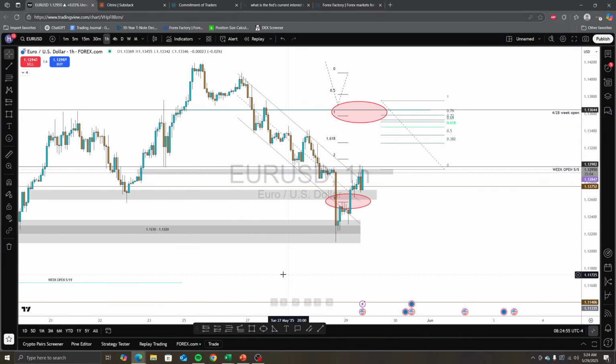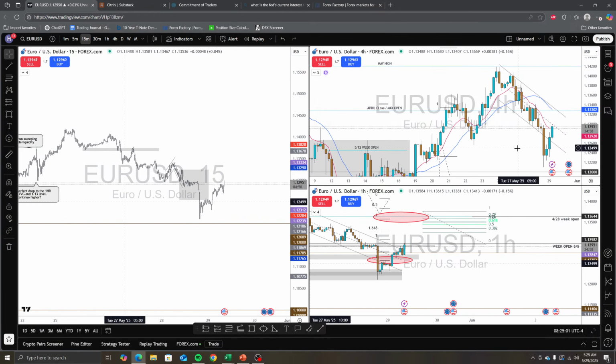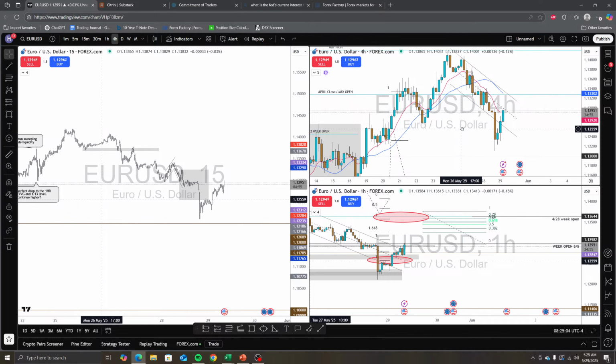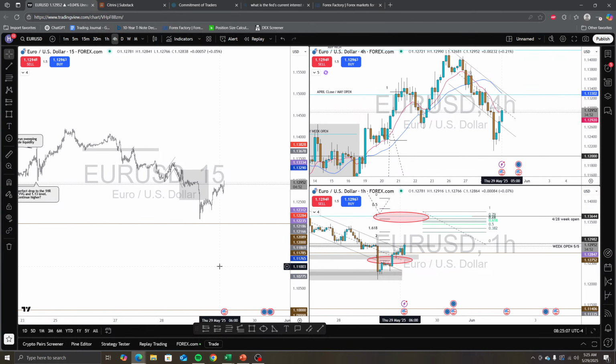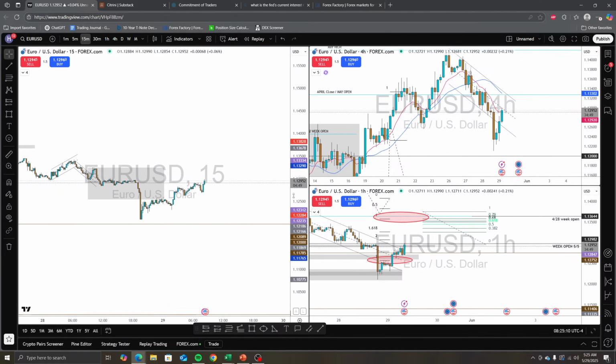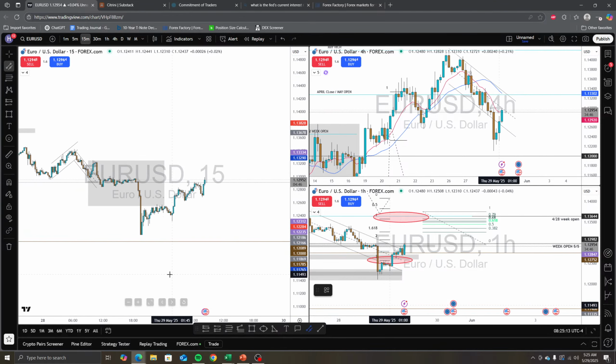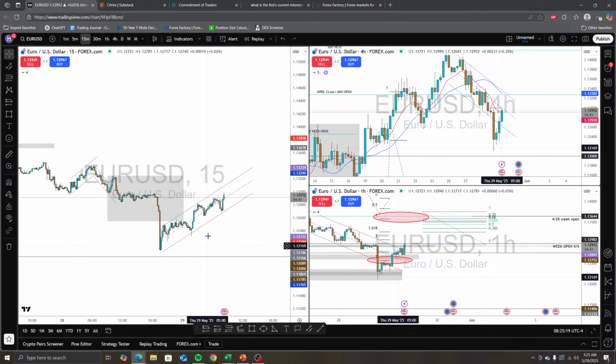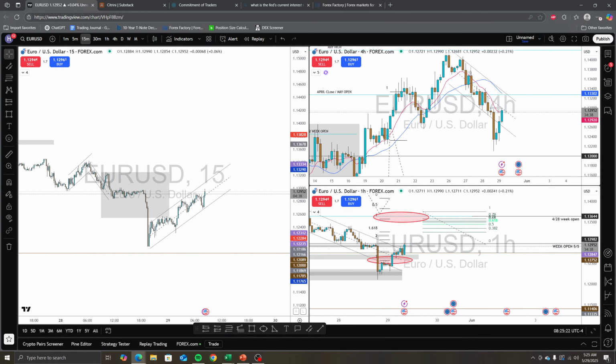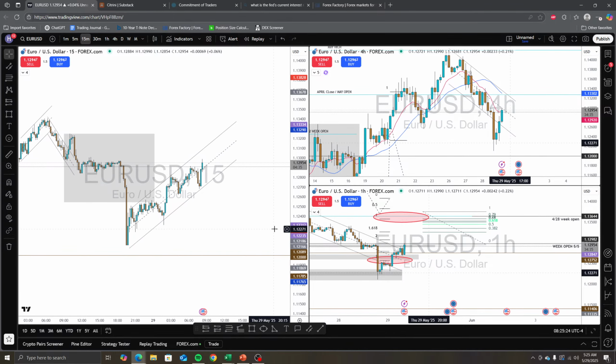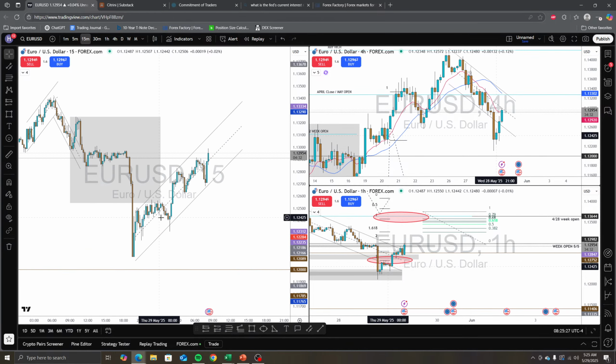Let's go to the 15 minutes. Yep, 15 minutes. You could see that price has been going up pretty steadily. Usually, when price eases its way somewhere in a steady state, I like to see a price run, and a price run usually goes to some kind of liquidity zone.